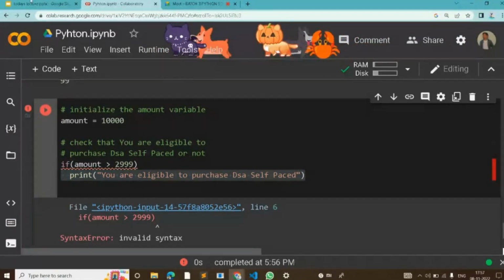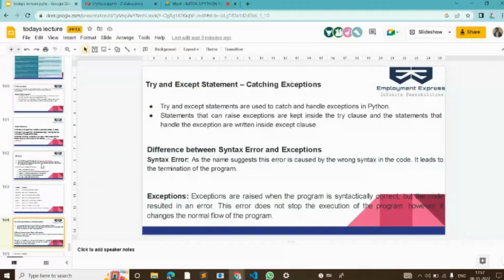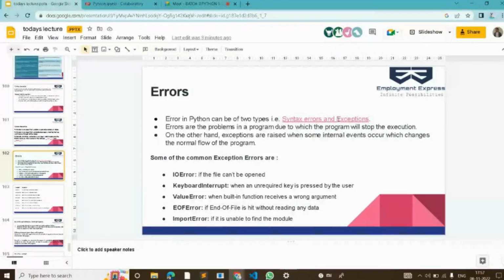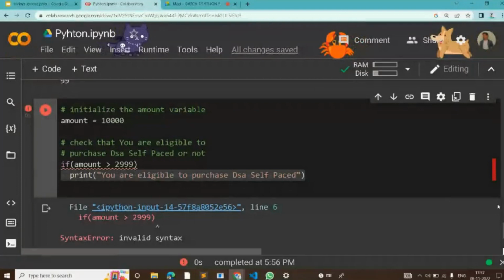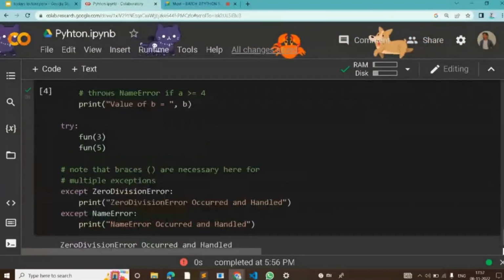And the second type of error is the exceptions error. In the exceptions error, we have five or six types of errors. First is the input output error. If we are not giving the input or output, or if the file cannot be opened, it will give you the IO error. Keyboard interrupt. Generally, for example, over here, if I am running a code,